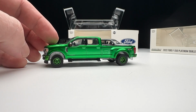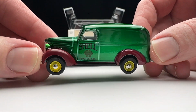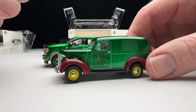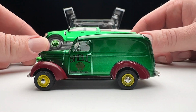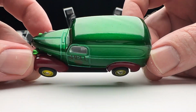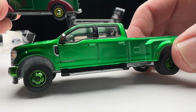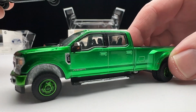Very, very shiny. Here's an older Green Machine. Now, this isn't a bad one either, but this is a green body Green Machine, which definitely, if you're for Green Machines, you'd prefer. I just wanted to show you it because I want to show you the difference here in the color. I didn't think this was going to translate that well on camera, but I can already tell that you can definitely notice a difference. So here's old Green Machine color. And then here is new Green Machine color. I mean, the difference